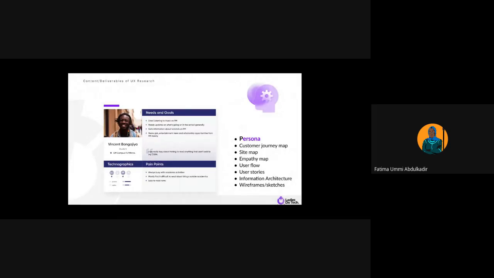You also have the kind of devices those users are using. You have their name, and you can put demographics, like where the user is from or the user's age, depending on the problem you're trying to solve.